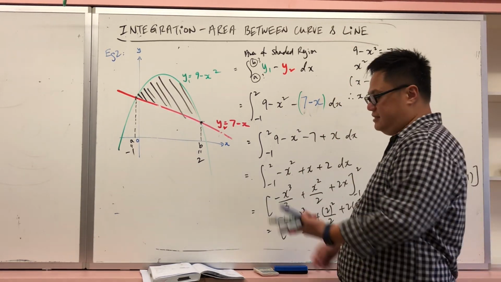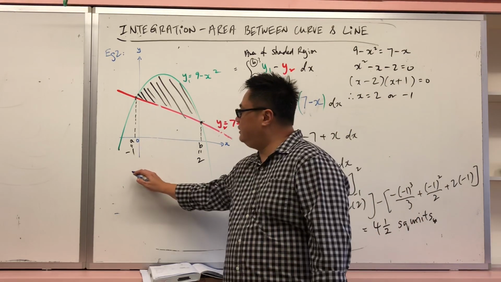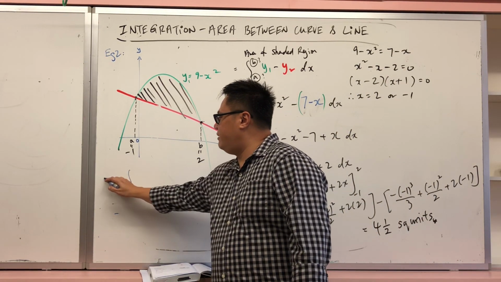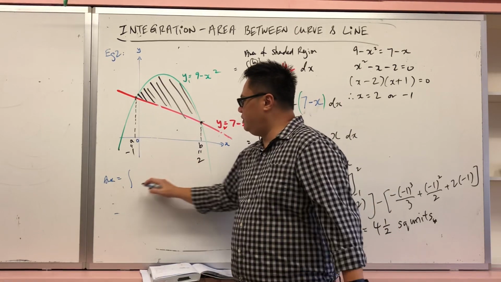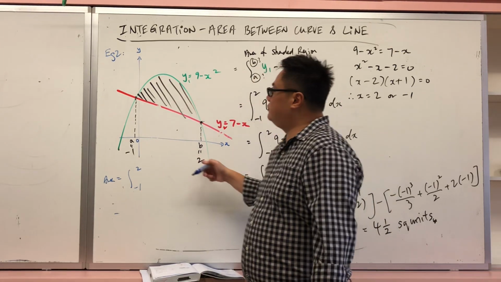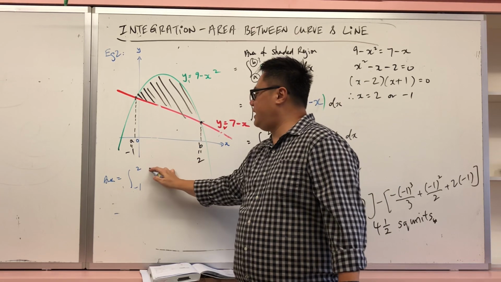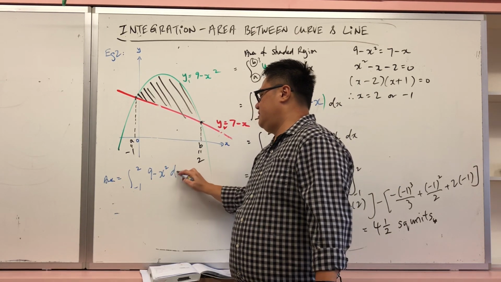What you need to do is find the integral first. So area is also equal to, this is the long way, you integrate between -1 to 2 of the entire curve. So 9 minus x squared dx. Find this entire